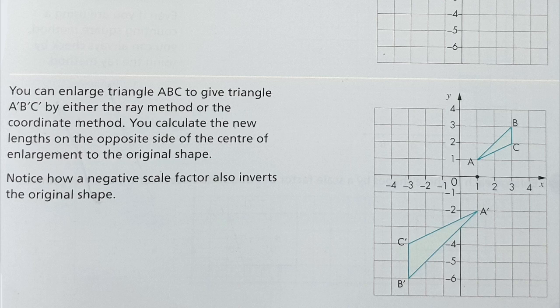In this, when you take the vertical distance from the center to A, it is 1. So when you multiply it by the scale factor 2, it is 2. So we take it downwards. So we have the point 1, -2 as my A dash. So like this, we calculate all the points of B dash and C dash. Then we join them to form a triangle.